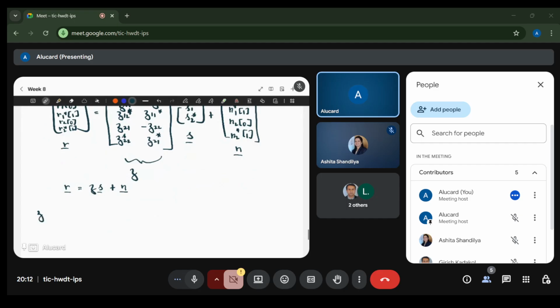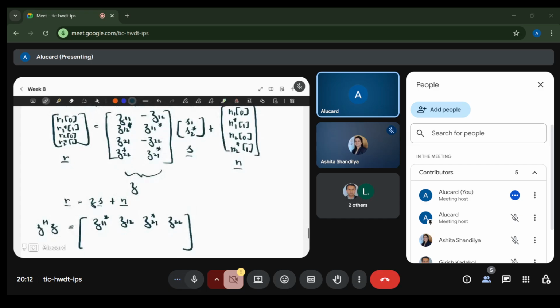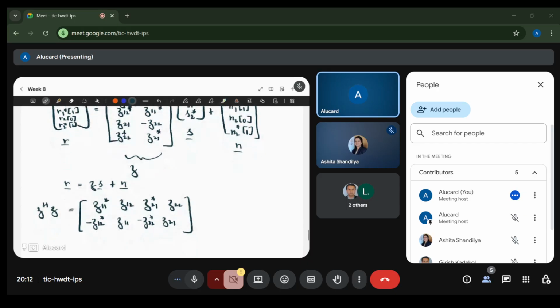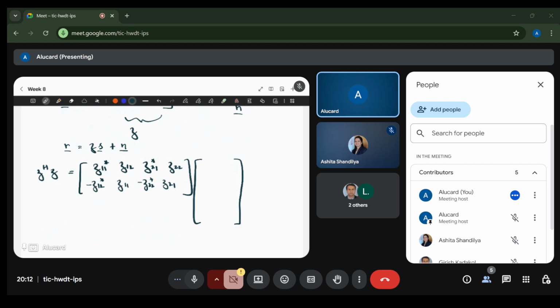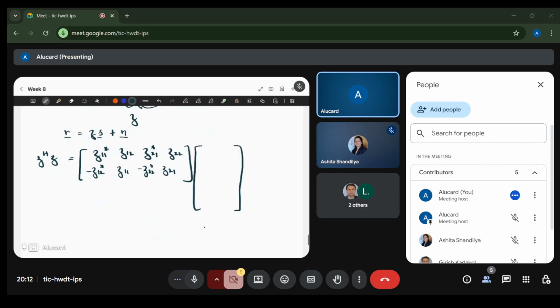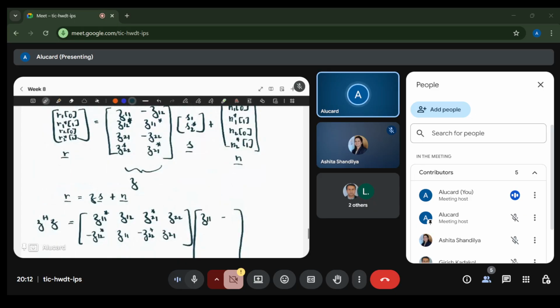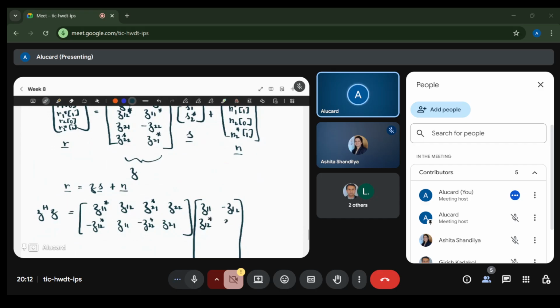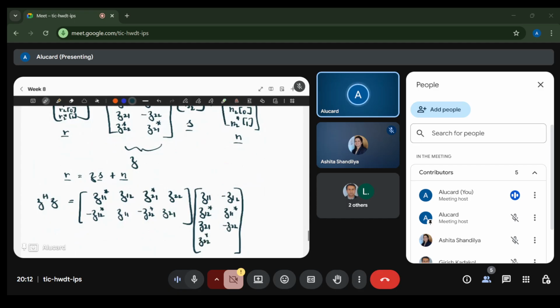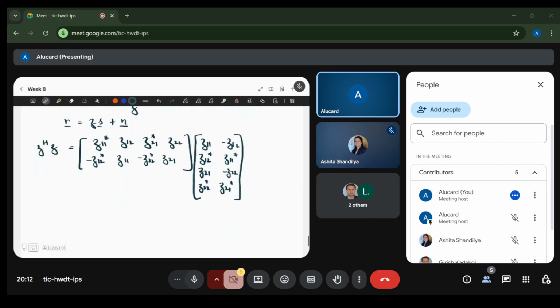From this you can find Z Hermitian Z as Z11 conjugate, Z12 conjugate, Z21 conjugate, Z22 conjugate, times Z11, minus Z12, Z12 conjugate, Z11 conjugate, Z21, minus Z22, Z22 conjugate, Z21 conjugate, which is